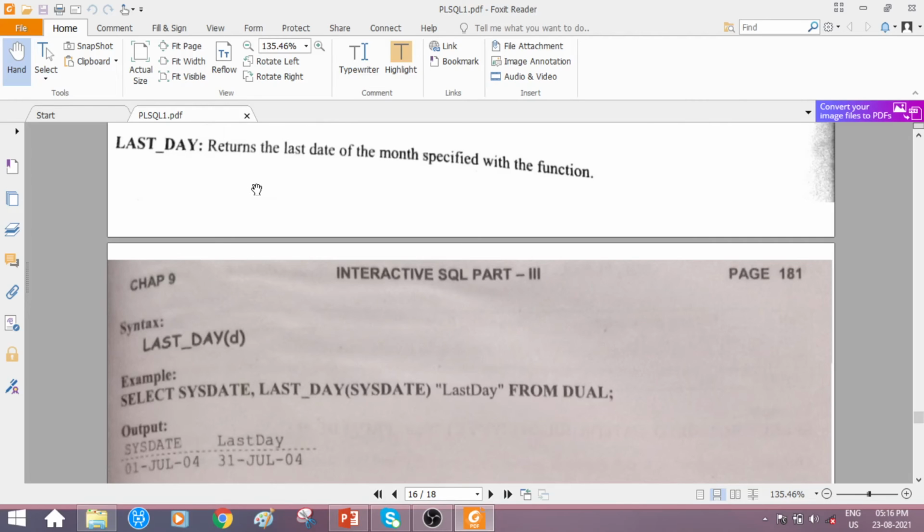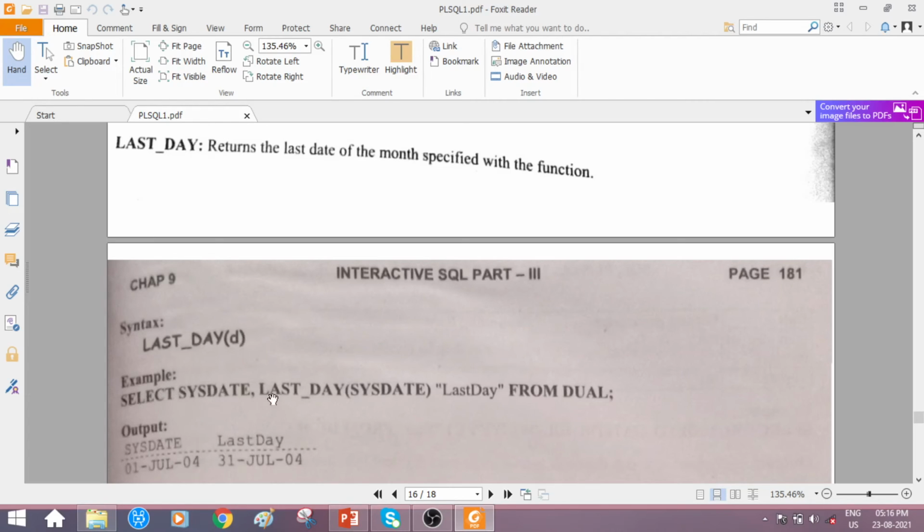For any given date it considers the month information, and that particular month's last day will be returned. Just check out the syntax. LAST_DAY takes one input, the date value, LAST_DAY within parentheses d, so that is the date value we have passed. Example, select sysdate.